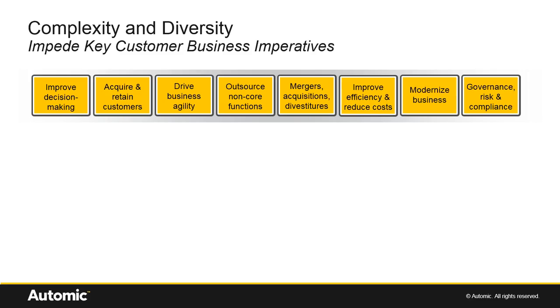It's all about driving business agility. How can I react to the business changing out in the market? How can I react to that? How to stay agile on that? Outsource non-core functions. Mergers, acquisitions, divestitures, it's not a new term, it's an old term, and used very, very heavily in the last 10 years. Improve efficiency and reduce costs. It's all about efficiency in processes, reducing costs in IT in total, also not a new term, but it's still a business imperative. Modernize the business, get rid of legacy applications, take the new world onto it, get more digital out there, reach your customers,